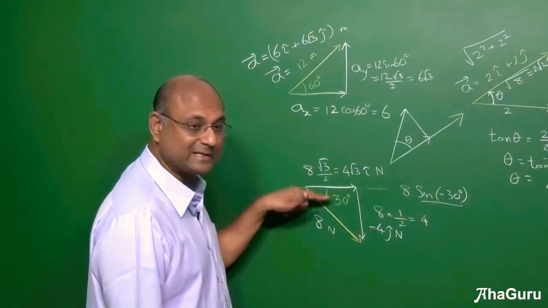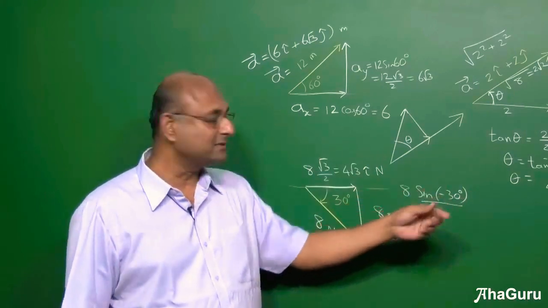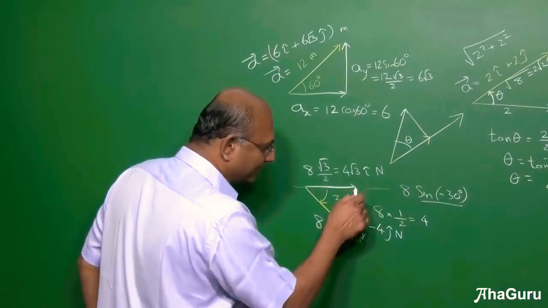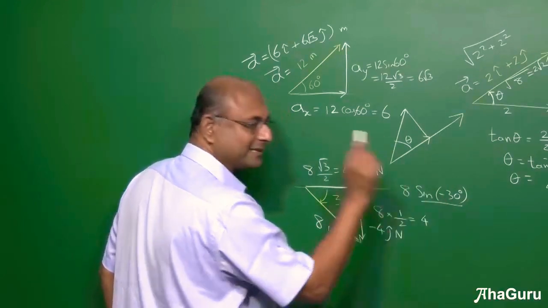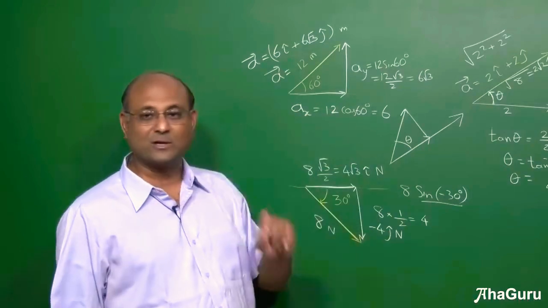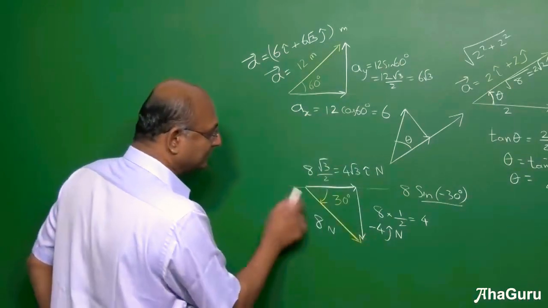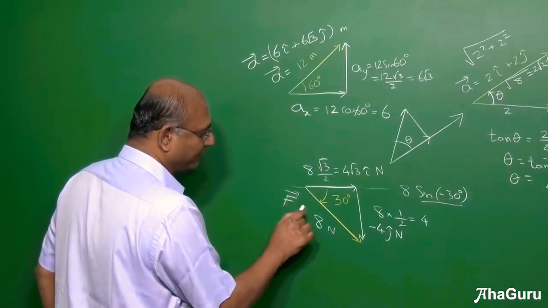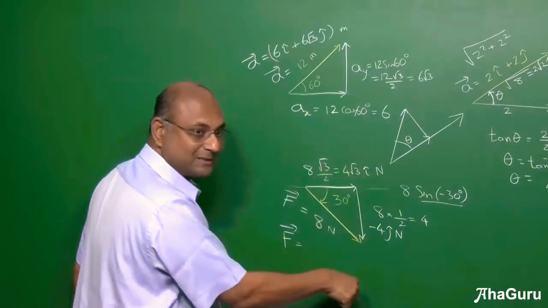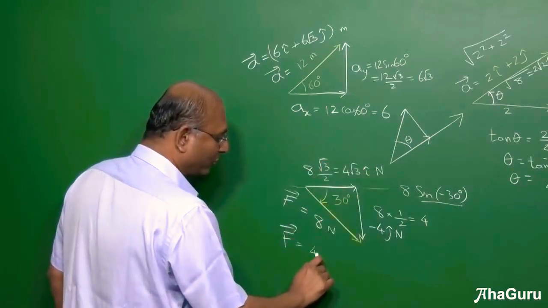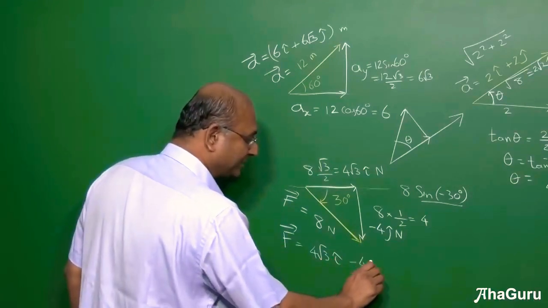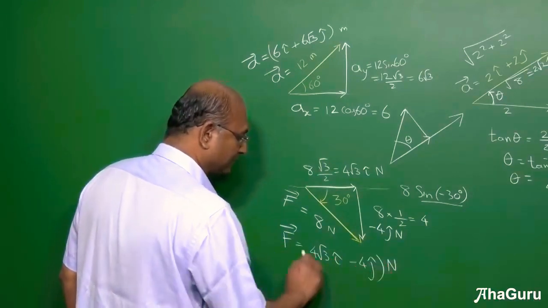Whereas cos of minus 30 degrees will be plus cos of 30 degrees. When you learn trigonometry, you will learn some of these things. But right now, let's not worry. You know that this length is 8 into sine 30, which is 4. But that is pointing downwards, so it must be minus 4 j cap newtons. So therefore, this arrow, let me call this F. I can write F as so much i cap, so much j cap. So how much i cap? 4 root 3 i cap minus 4 j cap newtons.